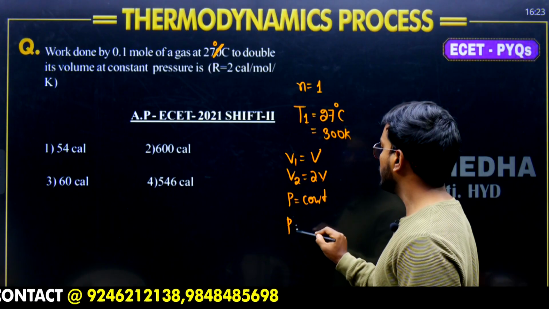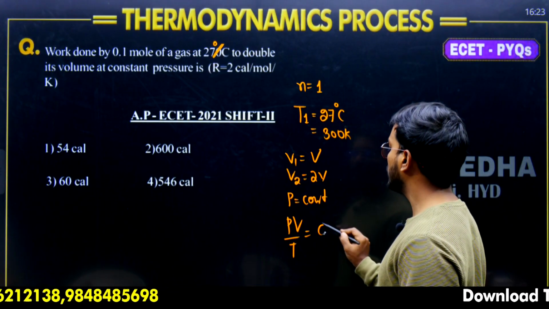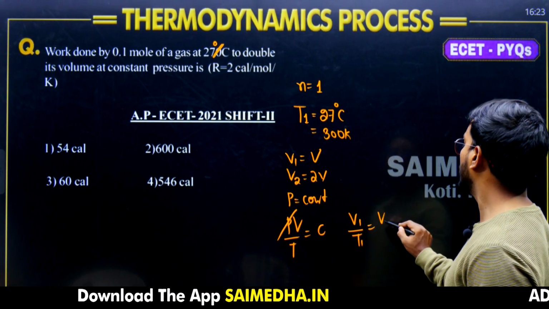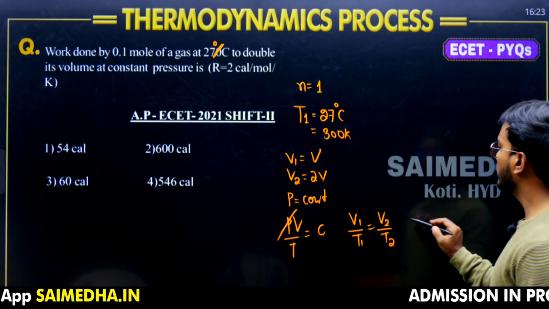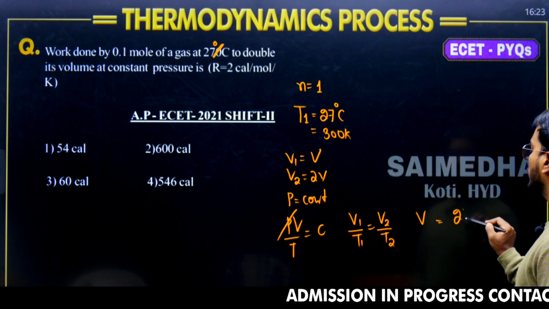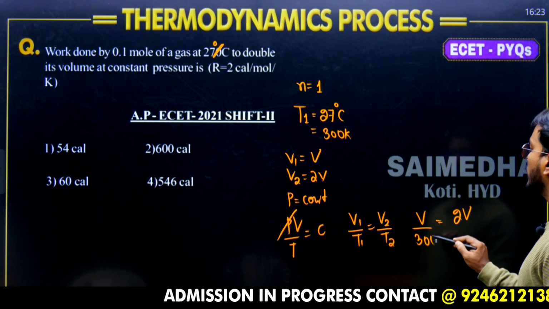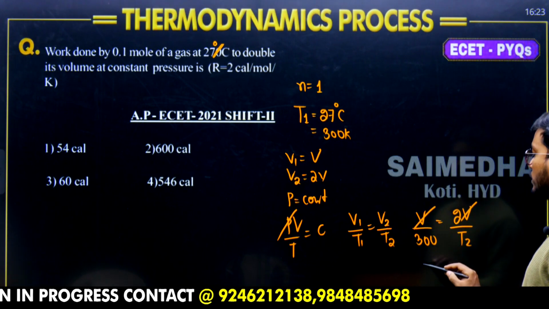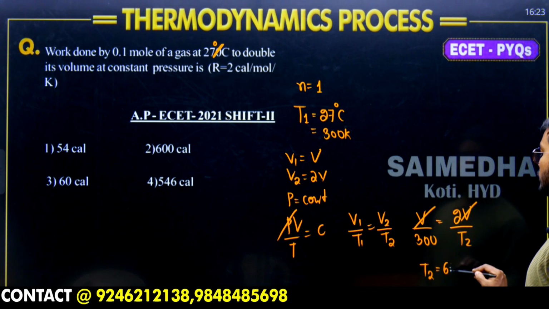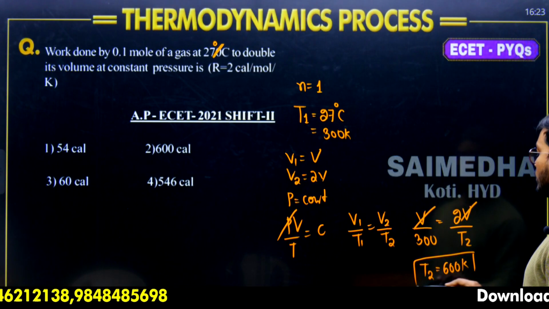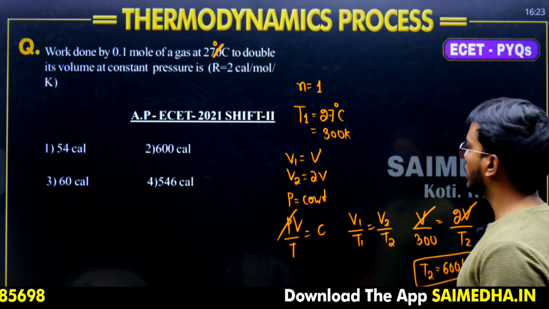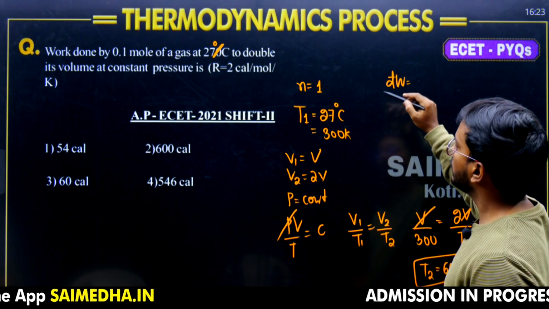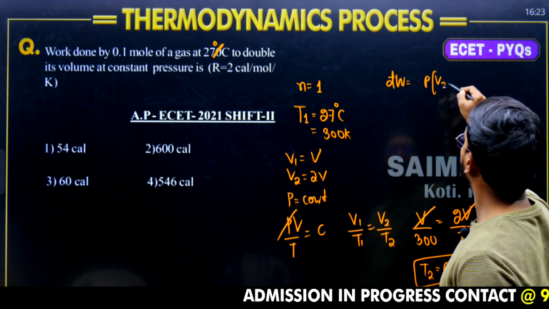When pressure is constant, PV by T is the ideal gas equation, and pressure is constant. So we can write V1 by T1 is equal to V2 by T2, where V1 is V, V2 is 2V, T1 is 300, T2 is what? So T2 is going to become 2 times 300. So T2 is equal to 600 K. The asked question is work done. Work done is equal to, for a constant pressure process, P into V2 minus V1,